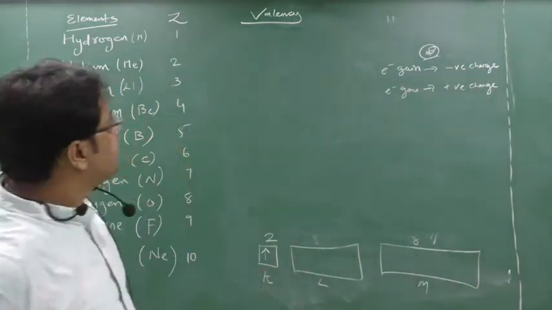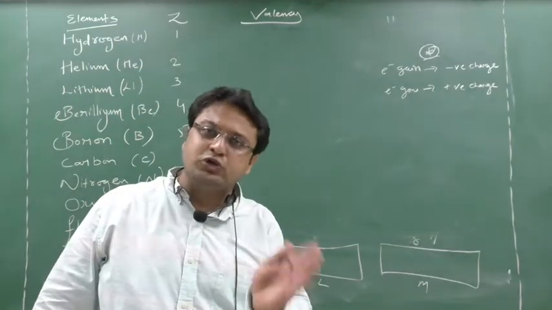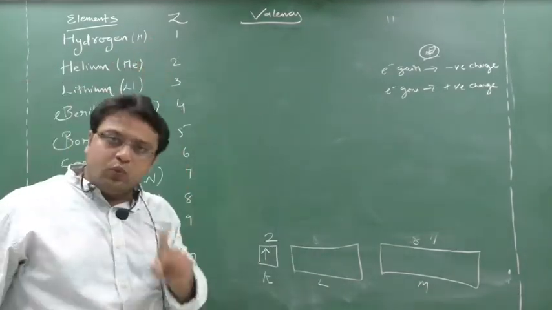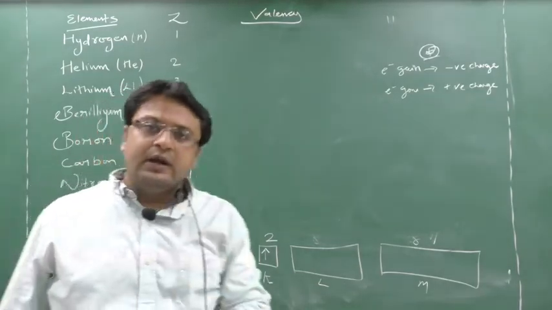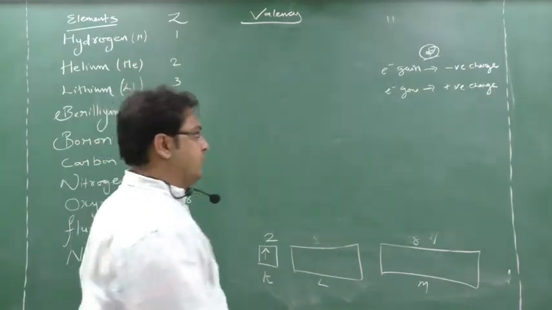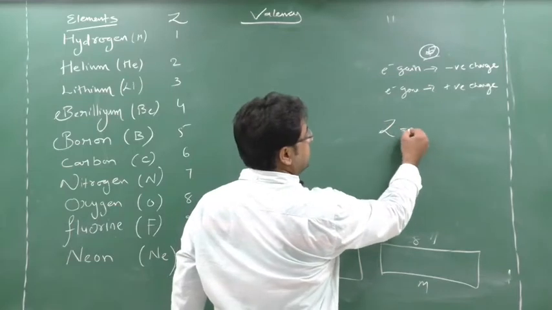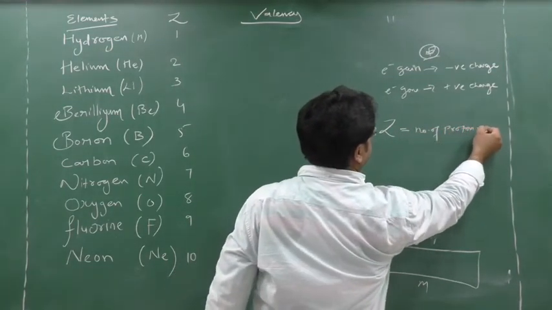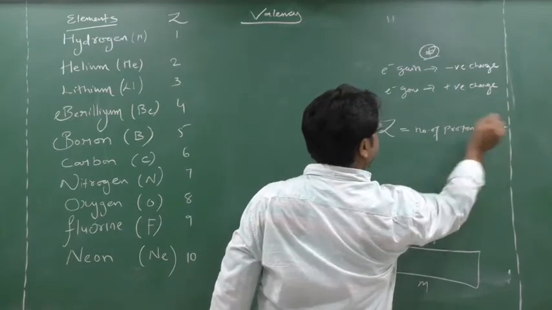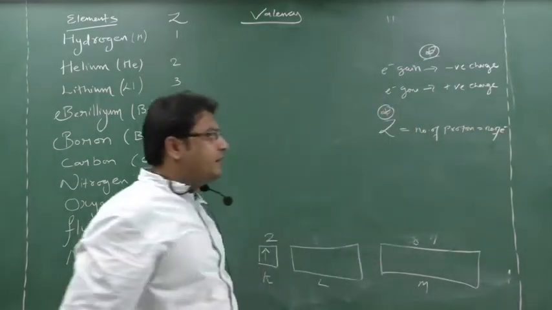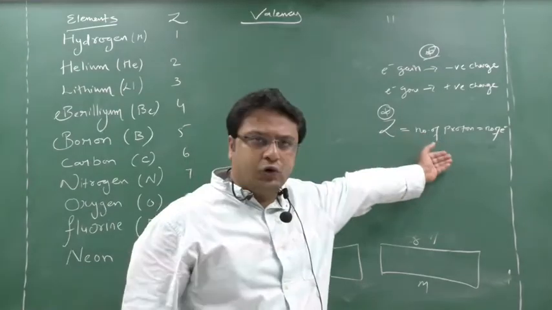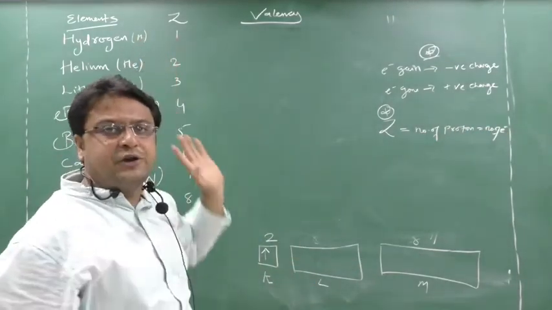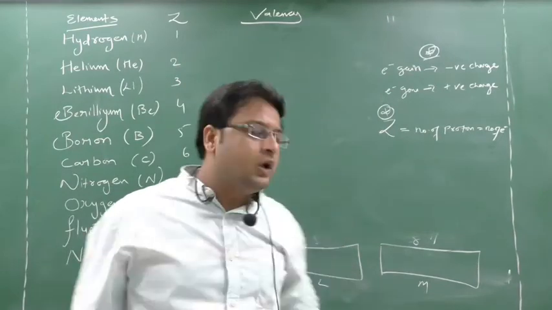Now see here, you will find it difficult to solve 2, 3. After that you will remember. Hydrogen atomic number is 1, means 1 electron. I told you, no? One thing more I have to tell. Atomic number is equal to number of protons is equal to number of electrons. Please remember this. We did all this in standard 9 also. Atomic number is equal to number of protons is equal to number of electrons. How many atomic number is there? 1. Means hydrogen contains 1 proton and 1 electron.